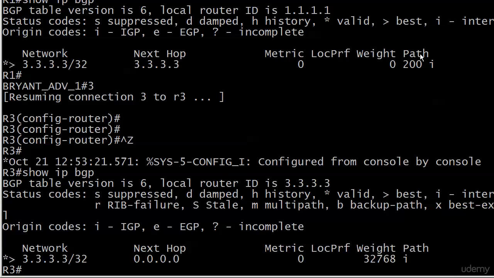Also note we do have valid and best next to that network entry. The next hop is all zeros because we're on the router that actually has this network on it. So there really is no next hop. And I'm sure a couple of you noticed that there's no number in the AS path, just the letter i, and there's a weight of